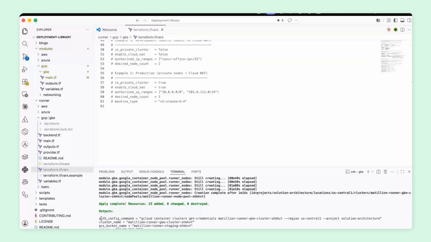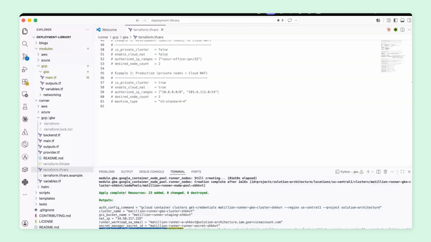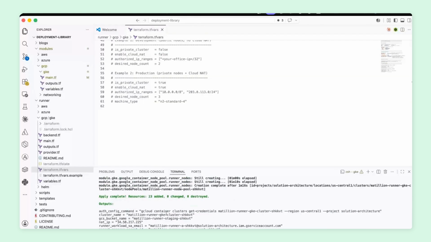The first one we just want to have a look at is the auth command. So this just allows us to specify which Kubernetes cluster we're connecting to. I'd like to copy all this output to Notepad because we will need this later when we're doing the Helm